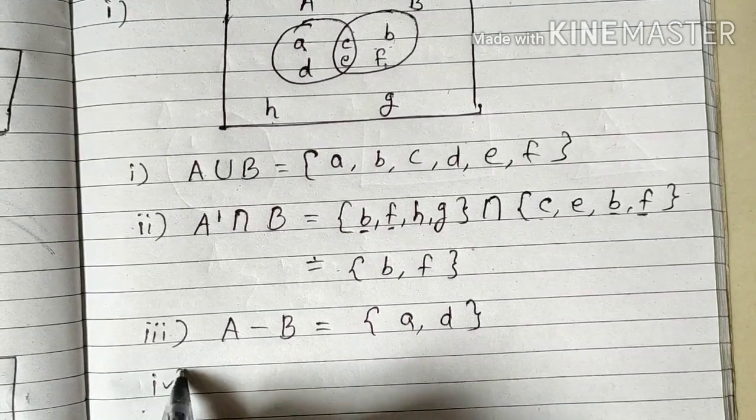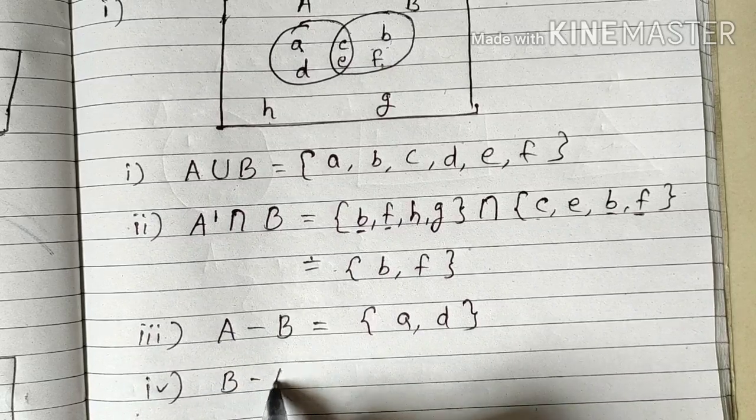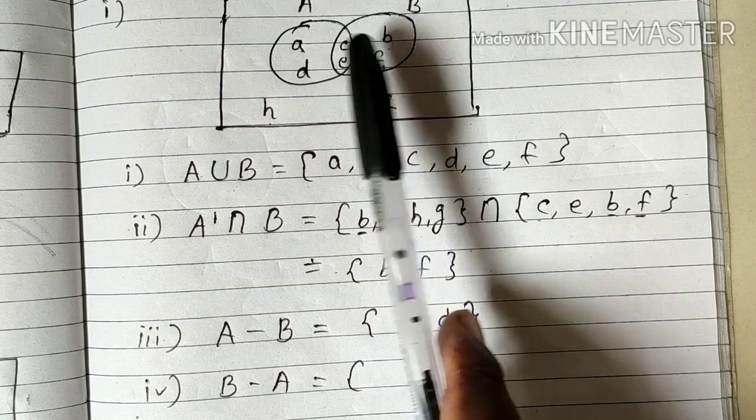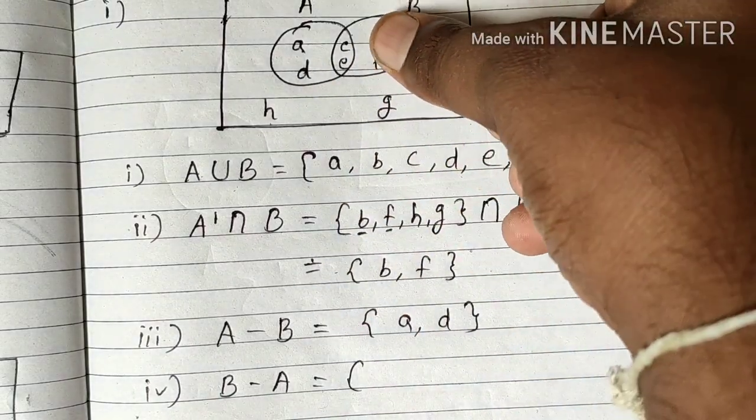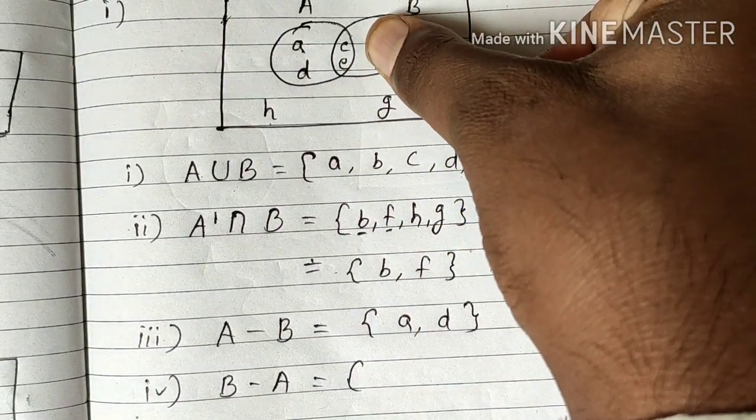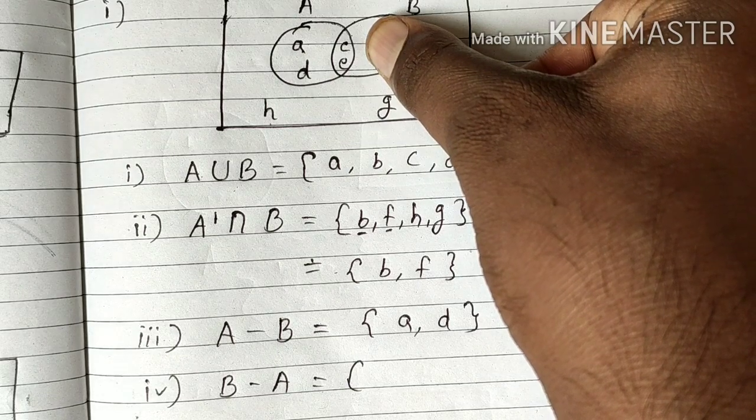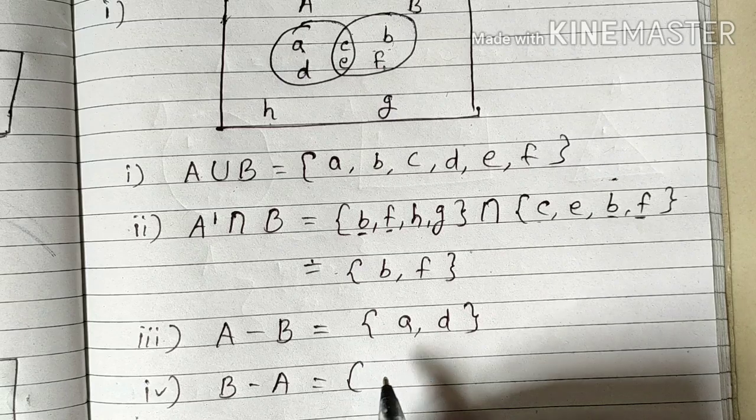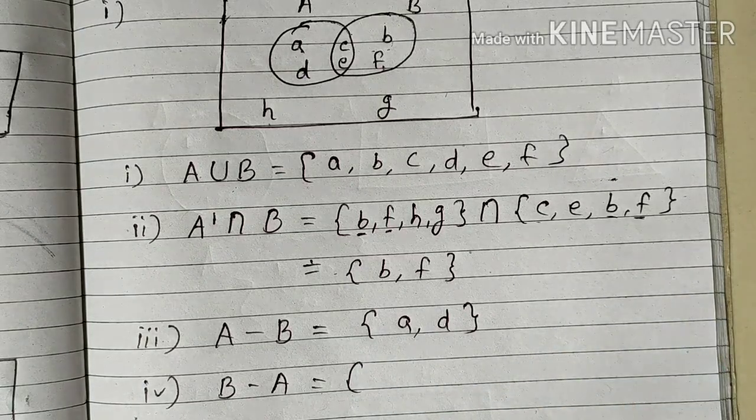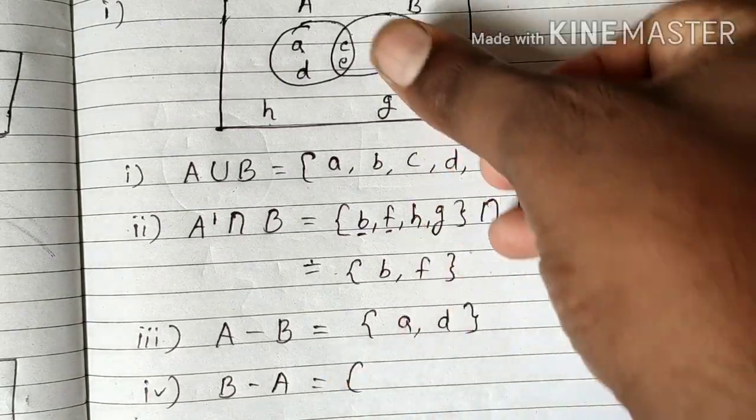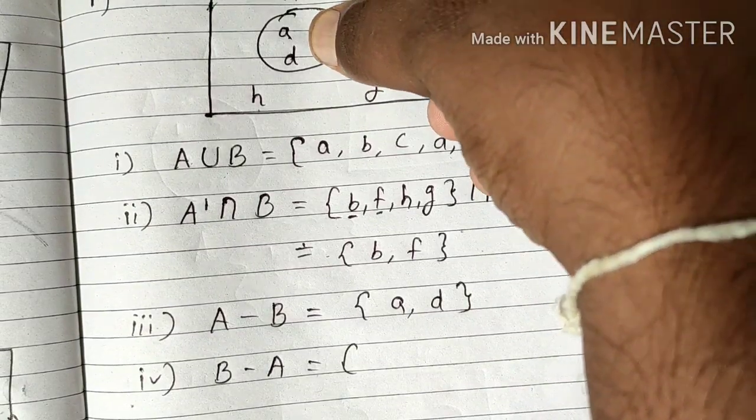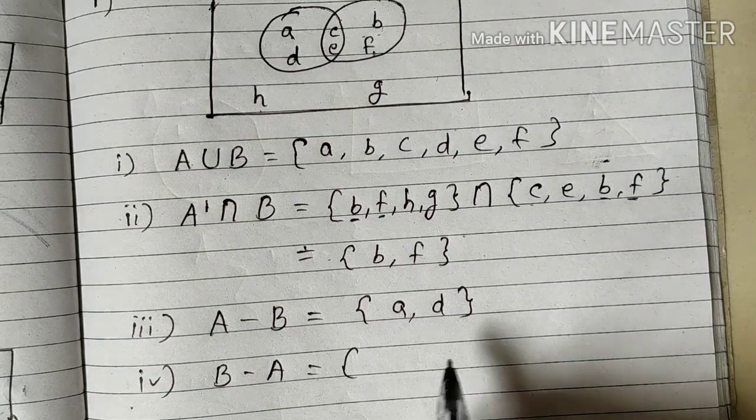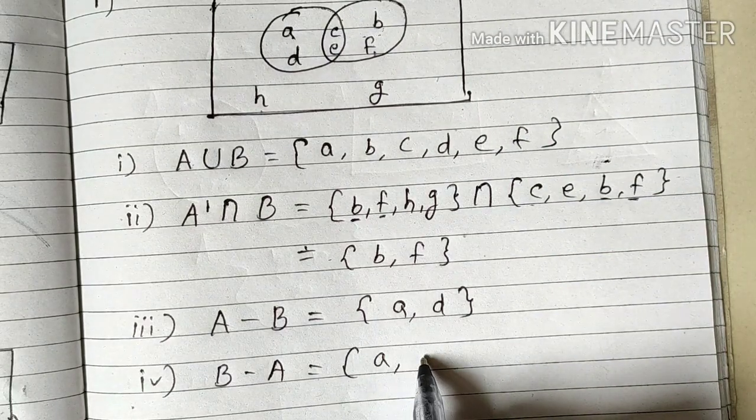Fourth one. In the fourth, we want to write B difference A, meaning those elements which are present in B but not present in A. So just block this thing. What are the remaining elements of A? A, D, C, E. Sorry, B difference A, no? We will block all the elements of B. So if we block these B elements, what is the remaining thing? A and D. So we will write here A and